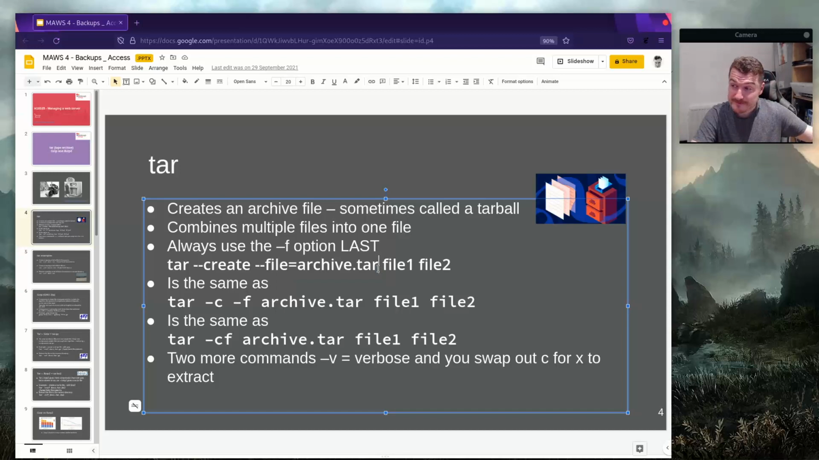Just archive all the files in the directory? Yes, you can. Okay. Yeah, you can archive directories. Yeah. So